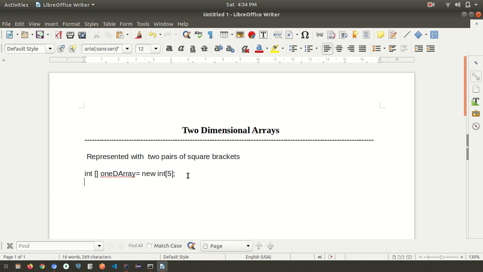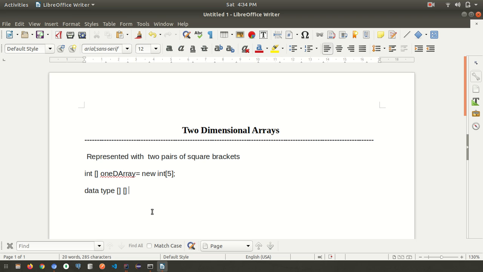So let's go with the two-dimensional array. The syntax for a two-dimensional array is the data type, then a pair of two brackets. For one-dimensional we used to write one pair of square brackets; for two-dimensional we need to write two, and then give the name, same as for a one-dimensional array.